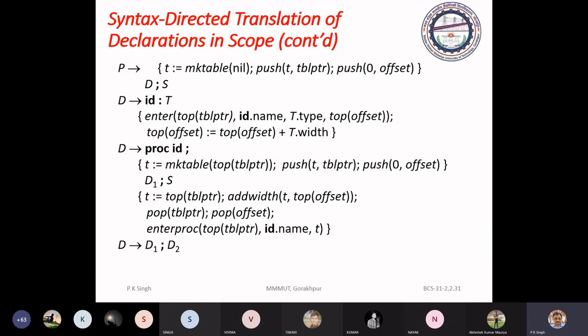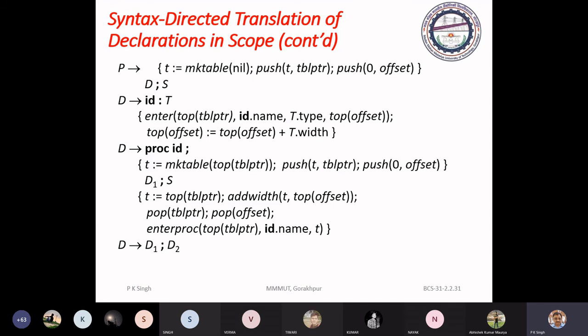Now it will push its pointer as table pointer, and initially the offset is 0.